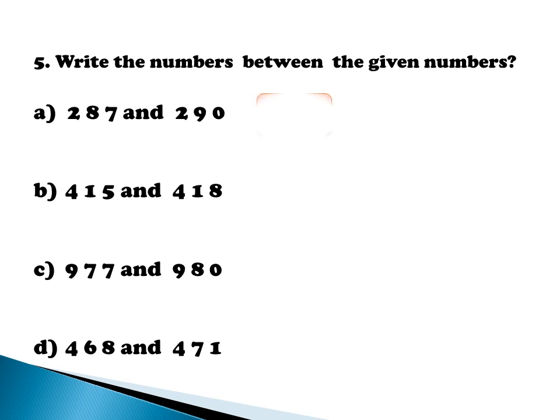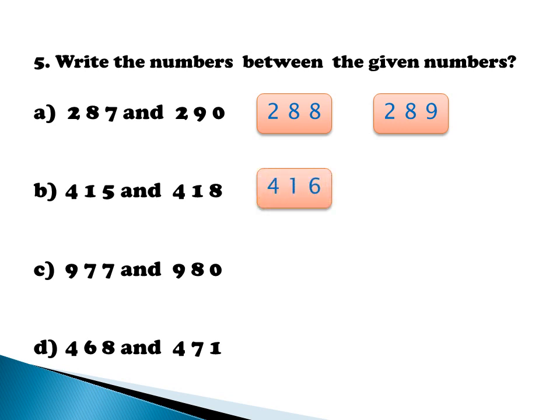The answer is 288, 289. The next one, B, 415 and 418. What number will come between 415 and 418? The answer is 416, 417. The next one, C,